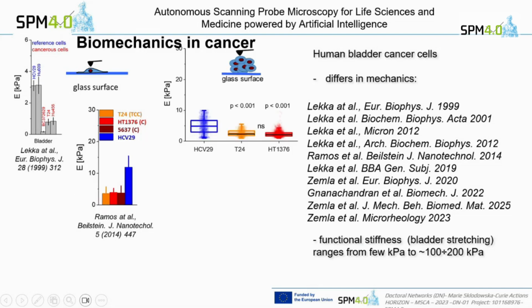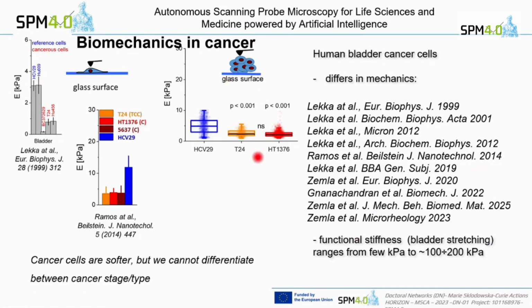The same happens if we evaluate this relation in 3D cultures. So we cannot differentiate between cancer types. So the question is whether the viscoelastic rheological measurement will give us more information that will actually allow us to